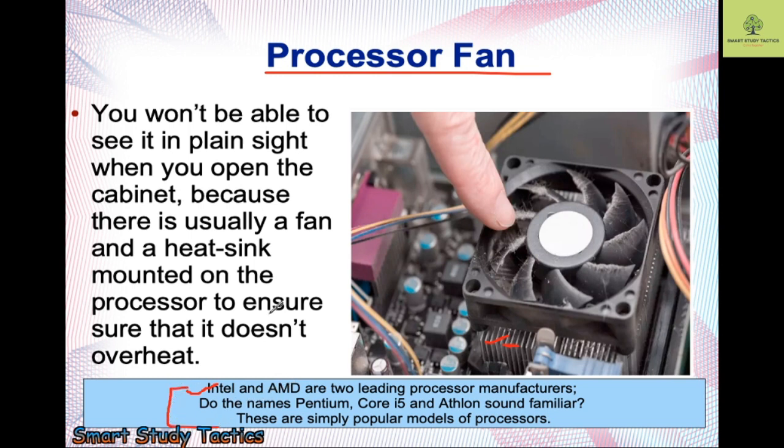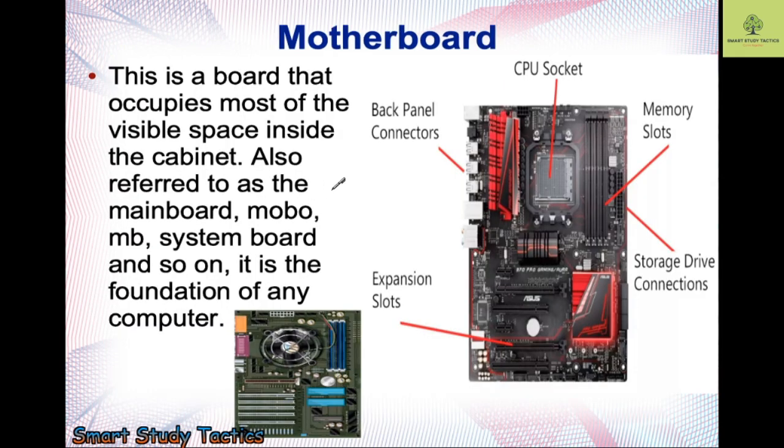Okay, so my dear students, this is the processor fan, which works to control the heat of the processor. It is attached to the motherboard. Now, what is the motherboard? When we are talking about the motherboard, here is a small figure of the motherboard and a big figure of the motherboard. Here you can see the CPU socket, as I showed you. The CPU is not attached here. You can see here the CPU attached and the exhaust fan attached over that. So you can see this is the area.